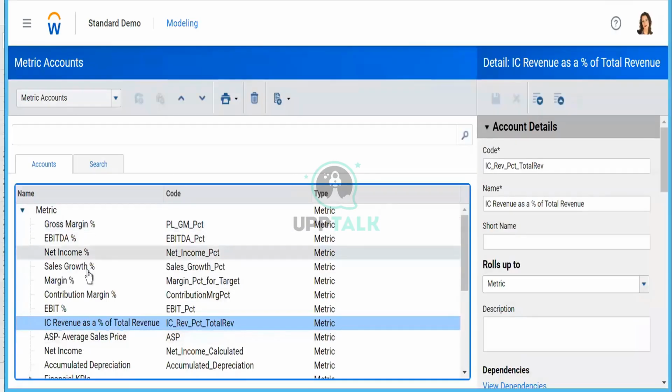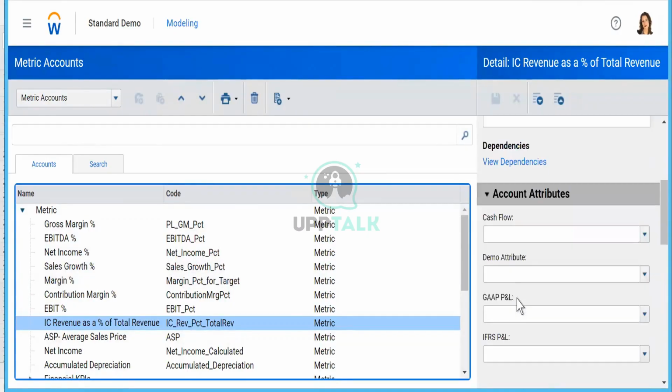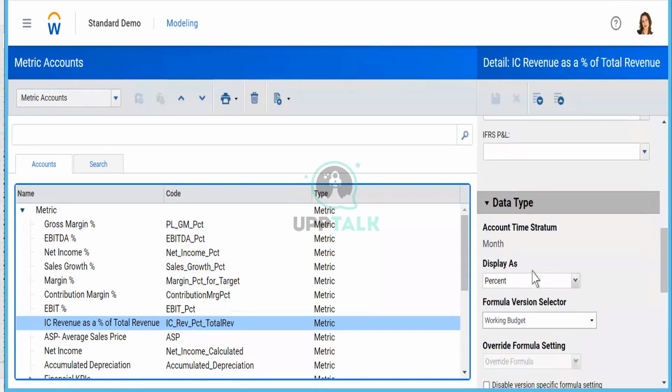You can see all the percentage accounts will be reflecting in the metric accounts. It's the same here. We will do certain case studies. When we do the building of a standard sheet or cube sheet, we will do every example for a metric account, for a custom account, and so on.